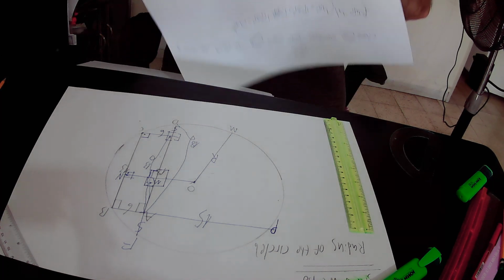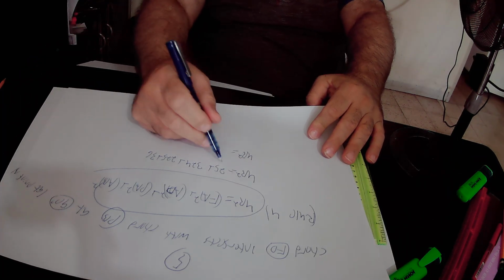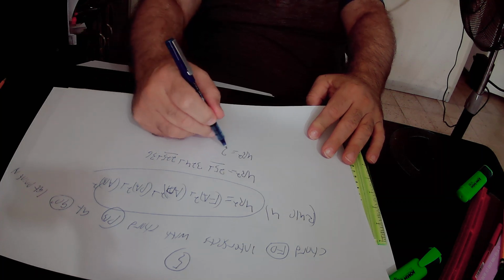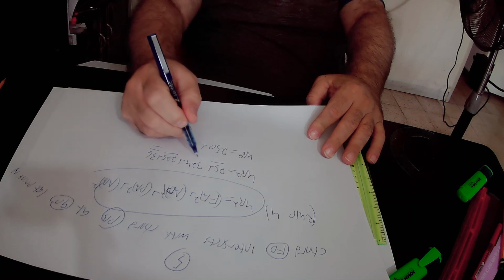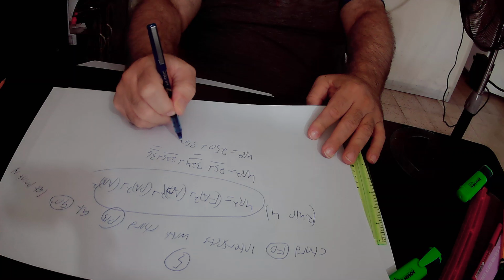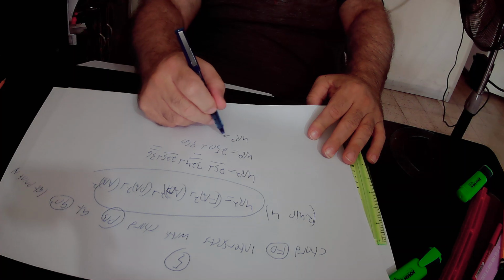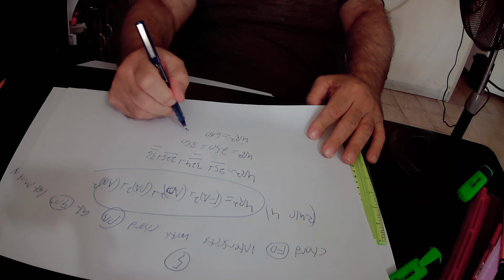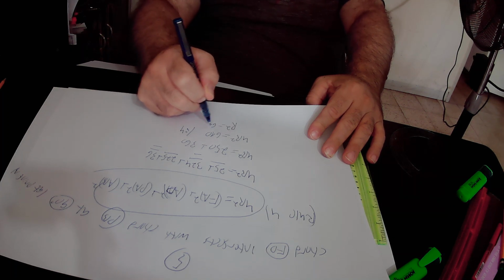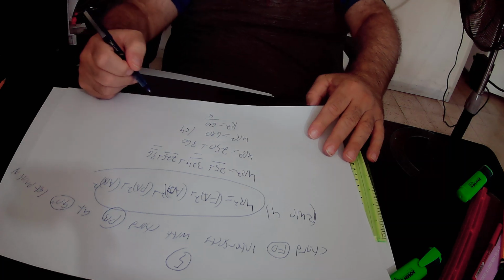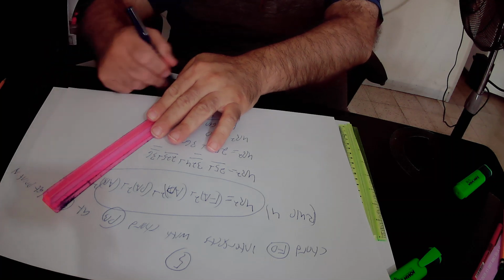In conclusion, we found that 4 times capital R squared equals 25 plus 225 is 250, plus 36 plus 324, which is 360. So 4R squared equals 250 plus 360, which is 610. We will divide this equation by 4, and we will get that capital R squared equals 610 over 4. Here we will take a root of this equation,